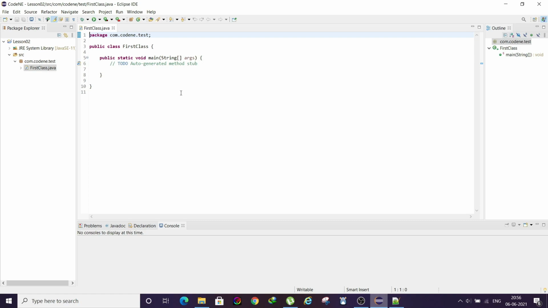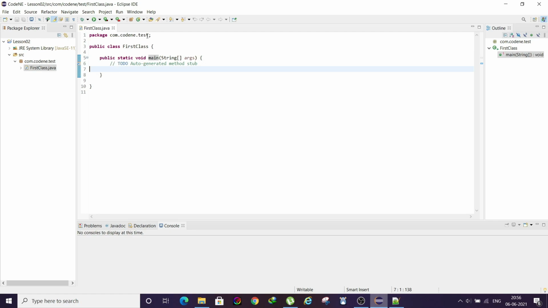When you click on finish, you will have a window like this. The beauty of Eclipse is that it will automatically generate your package line, your class line and also the main method line. In Java, a function is called a method, but the concept remains the same, so nothing to worry about. Let's understand line by line.